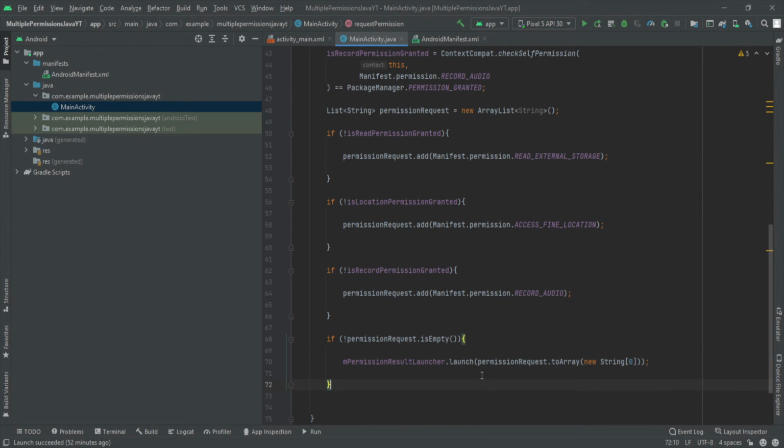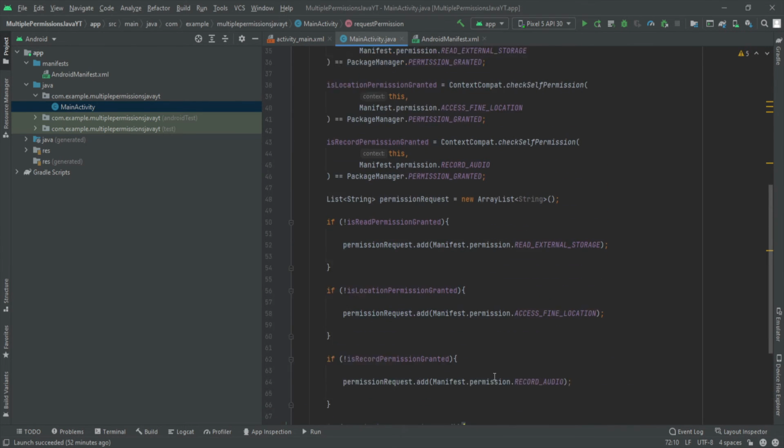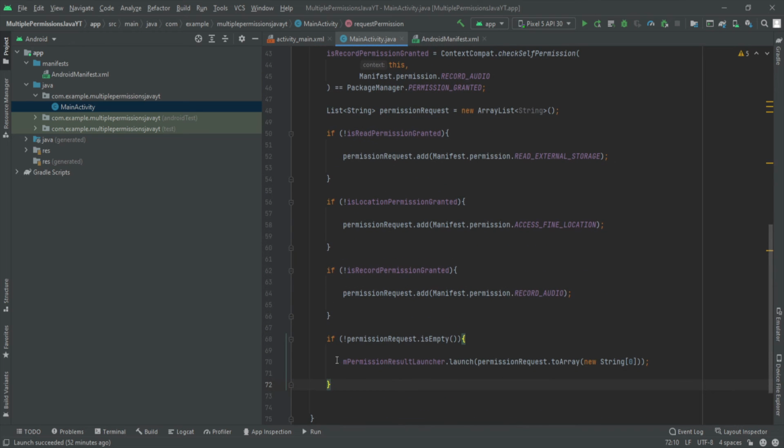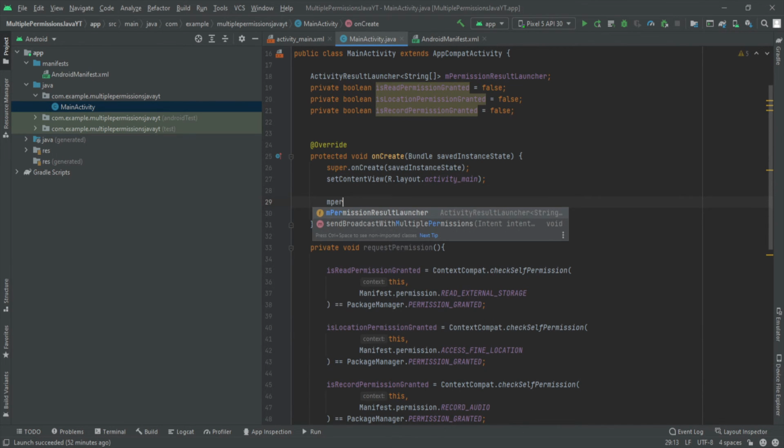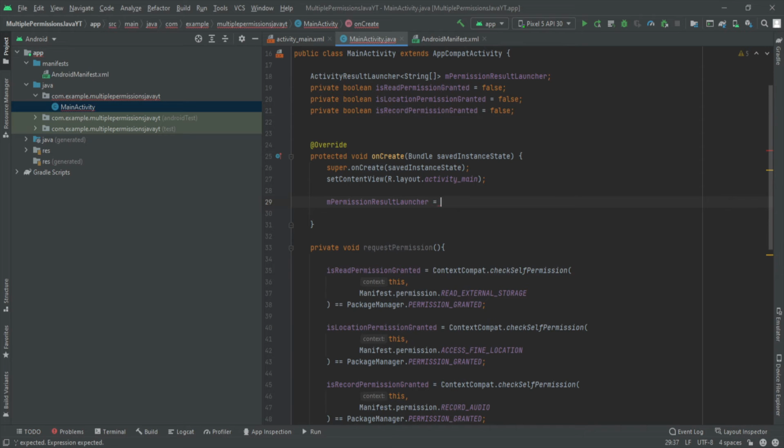Right, so we have passed all the permissions that we need to this particular method. Now we will need to declare this method, this mPermission result launcher. So we'll do that in onCreate. So mPermission launcher is equal to